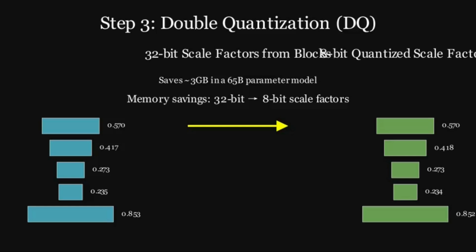QLoRA quantizes weights in blocks of 64, and while this facilitates precise 4-bit quantization, you also have to account for the scaling factors of each block, which increases the amount of memory required. Double quantization addresses this issue by performing a second round of quantization on the scaling factors for each block. The 32-bit scaling factors are compiled into blocks of 256 and quantized to 8-bit. Consequently, whereas a 32-bit scaling factor for each block previously added 0.5 bits per weight, double quantization brings this down